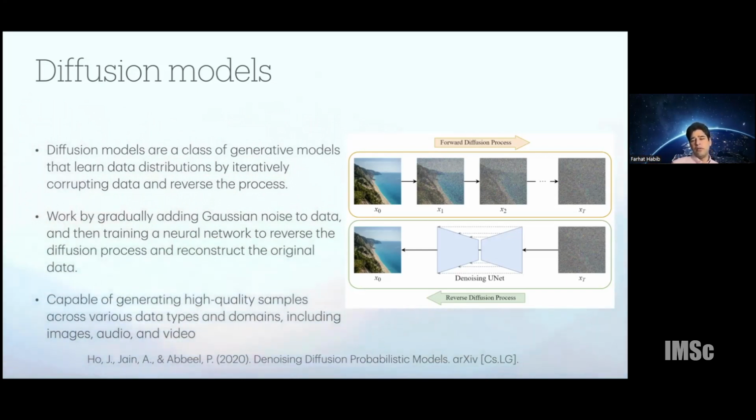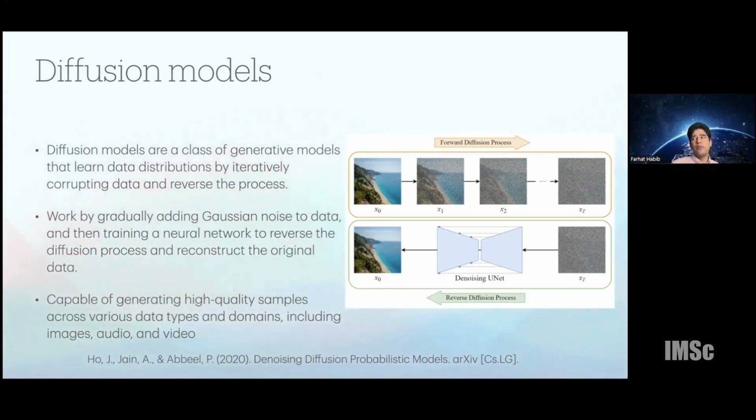In the forward diffusion process, you add noise in a large number of steps. The steps can be as large as a few thousand or in that kind of range. In the reverse diffusion process, you train the neural network to reverse the diffusion process and reconstruct the original data. And this process works pretty well. You can apply it to many different data types, for example, images, audio, and lately video as well, given enough compute. It does require a lot of compute, but an advantage of diffusion over GANs is that GANs are much more finicky about being trained.